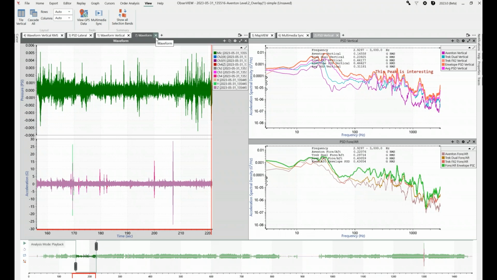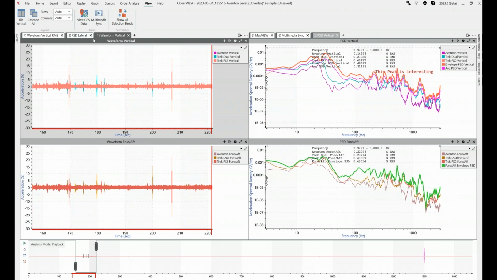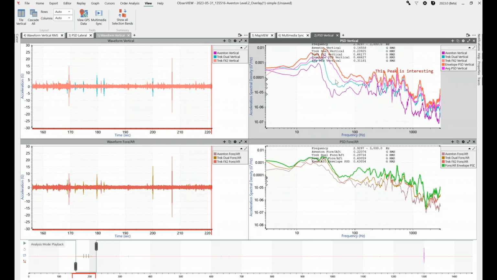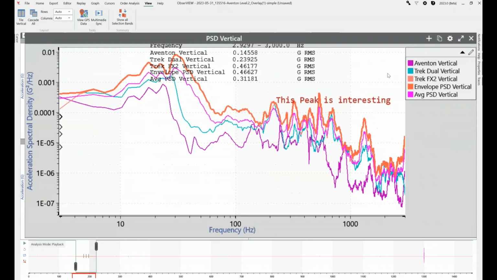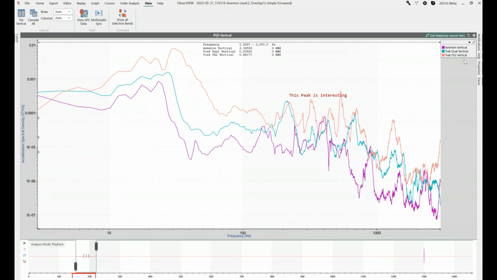All right. Now let's take a look at the PSDs in the vertical direction. So we have the heavy bike, the Aventon, the medium weight bike right here in blue, the lightweight conventional Trek FX2 bike at the top here. Now, what is interesting about this? Well,